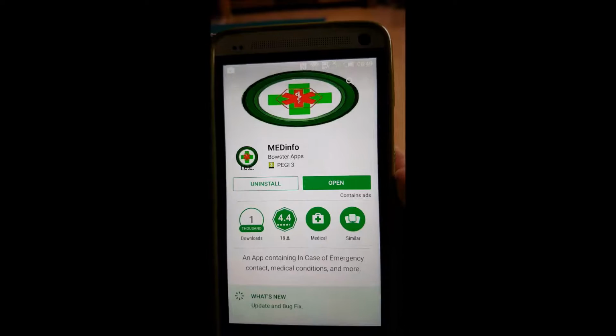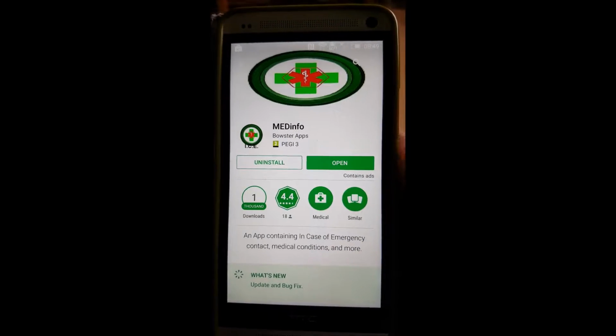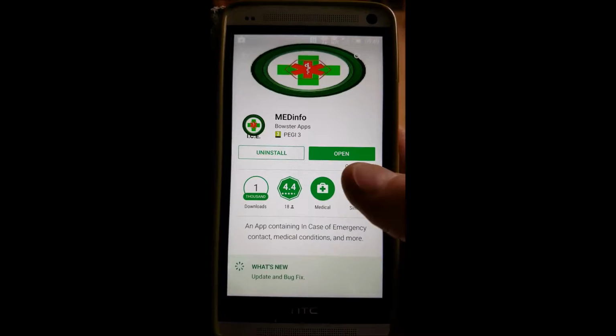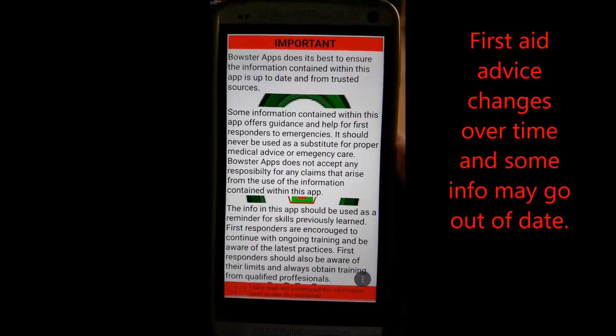Okay, so this is a how to use MEDinfo app by Bowster apps. And this is the screen that you will get when you download it from Google Play. It's also available on Amazon App Store. So first of all, when we open up the app, you'll see the Bowster logo pop up